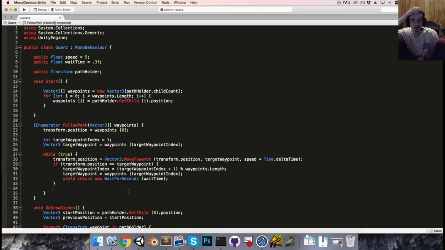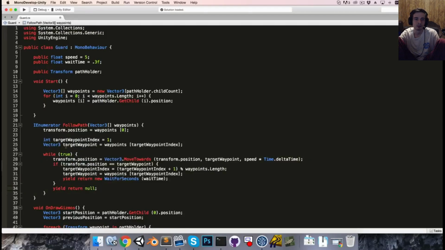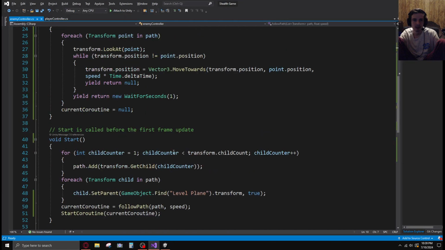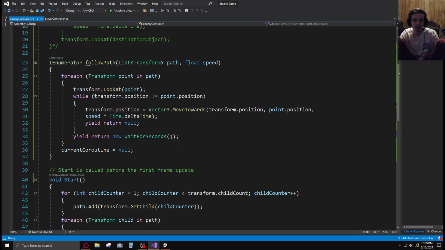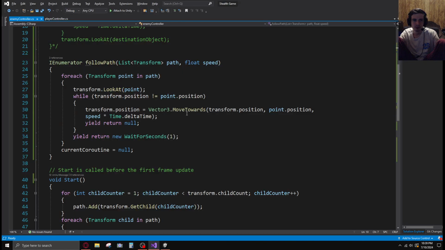We'll just want to yield for one frame between each iteration of the while loop. So yield return null. Okay, we just need to start the follow path coroutine now. So in the start method, let's say start coroutine, follow path, and pass in our